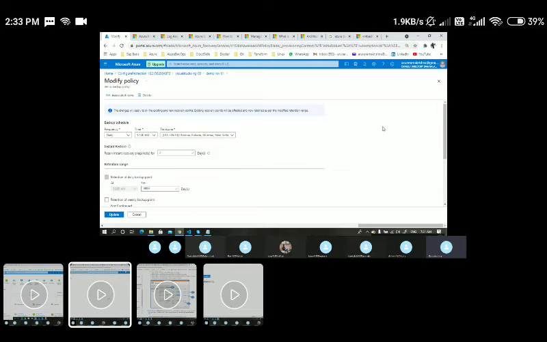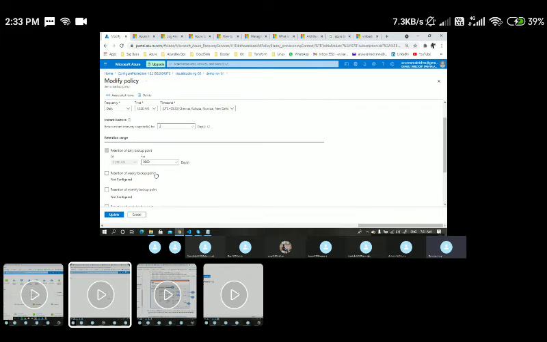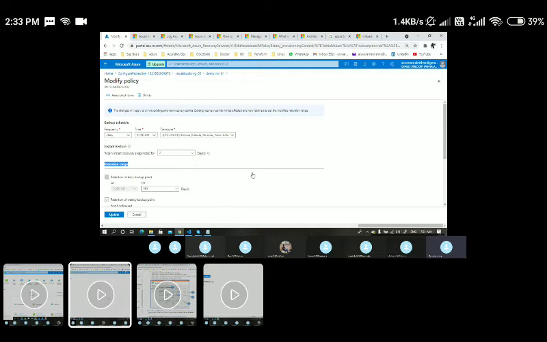We can keep this retention policy. That means today I'm taking a backup, and that backup item will be stored in the form of a snapshot, and that snapshot we can store in the recovery service vault itself for this many days. Whatever retention policy you put here, that is the retention range. And coming to the instant restore, retain instant recovery snapshot.